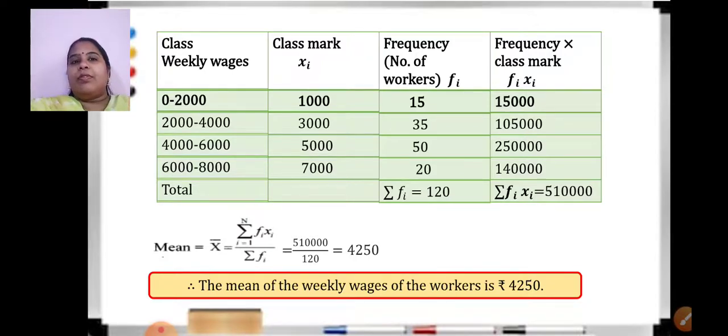Right? So in this session I have revised all the important concepts. Median we have done, we have solved one sum, and mean also we have finished. I have taken a revision of the sum also. I hope both the methods are clear to you, how to find mean as well as median.